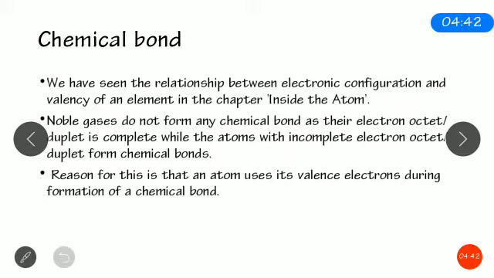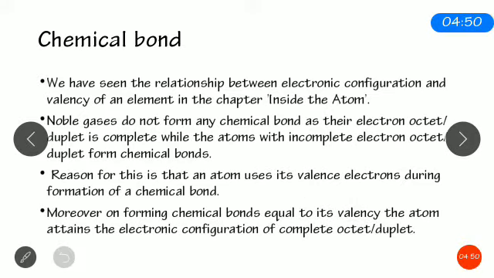तो chemical bond के formation में कौन क्या participate कर रहा है? एक इलेक्ट्रॉन जो लास्ट शेल में प्रेजेंट है, ठीक है. यानी कि वैलेंस इलेक्ट्रॉन, on forming chemical bonds equal to its valency, the atom attains the electron configuration of complete duplet and octet. All right,